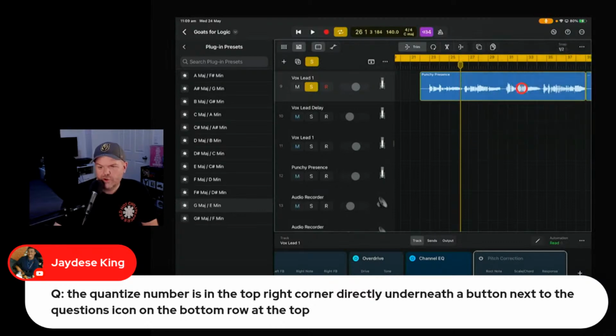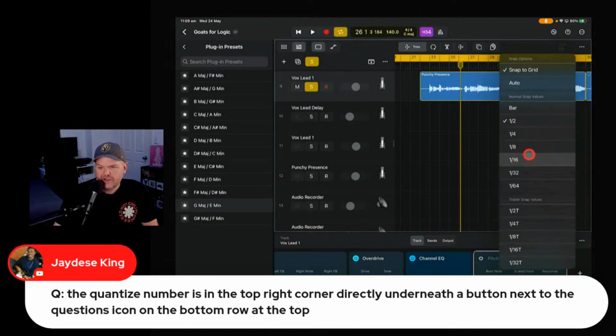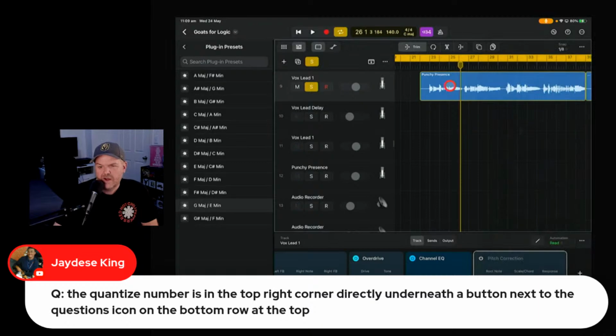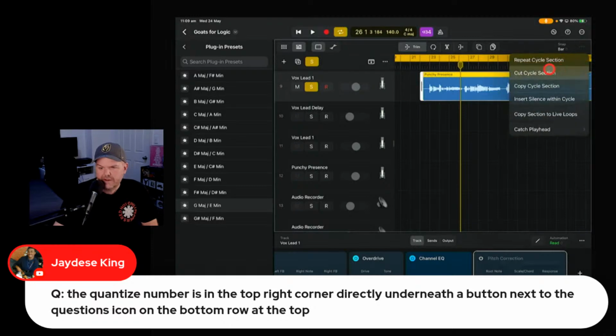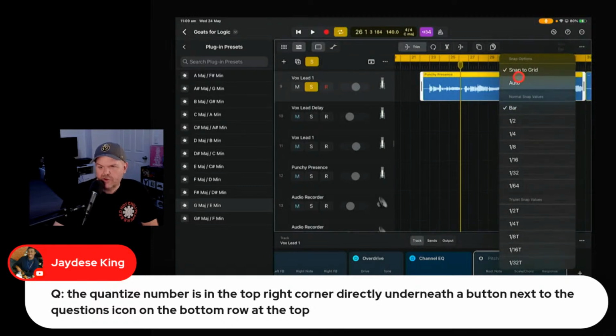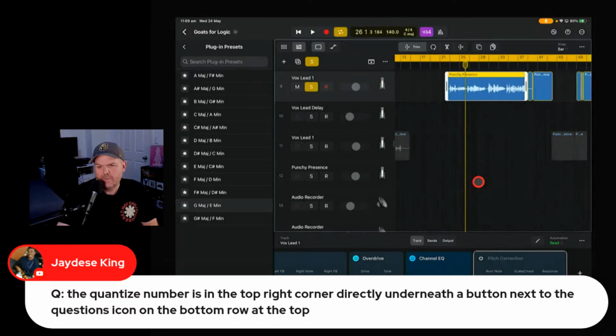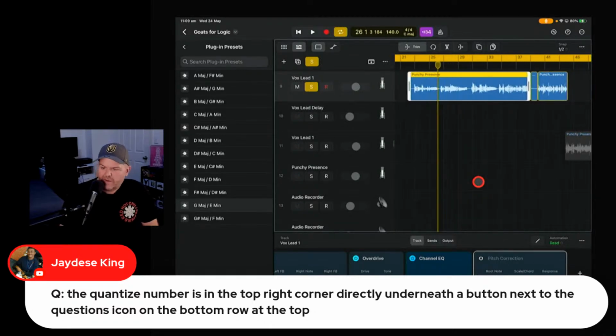So you can have it on auto, or if you take the auto off, you can actually say how much you want to snap it to. So if you always want to snap to, say, an eighth note, you can do that, and then your snaps will always go to an eighth note that way. Or if you wanted it to be just the bars, you can snap it to bars like that. But leaving it on auto means it determines the level of snapping based on how zoomed in or zoomed out you are, which works best for most folks and is what I would recommend. Turn off the solo. Good questions all round.